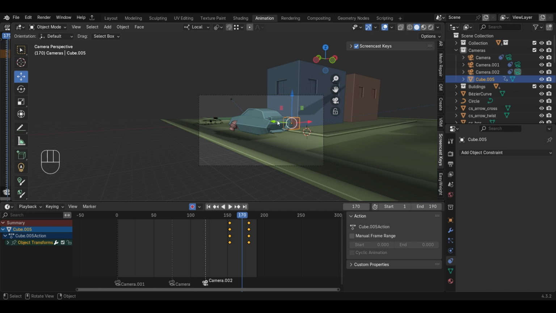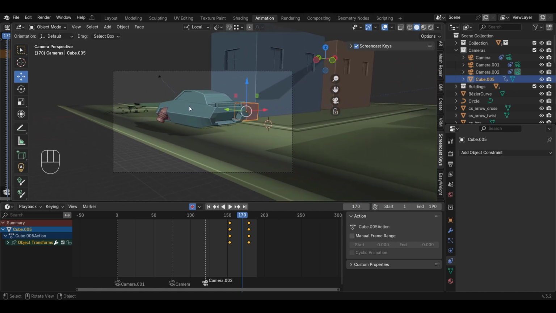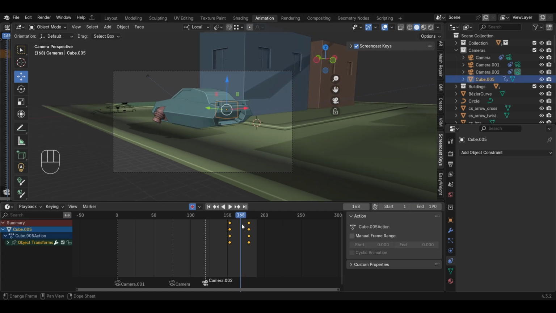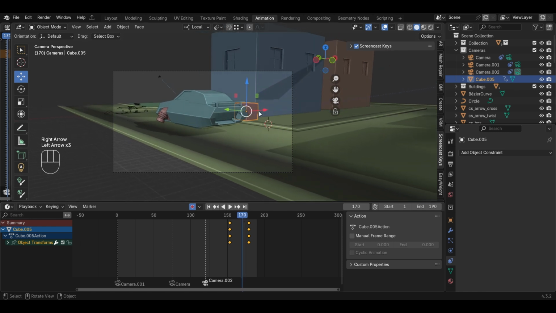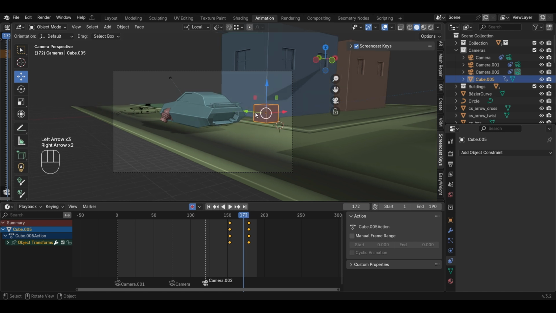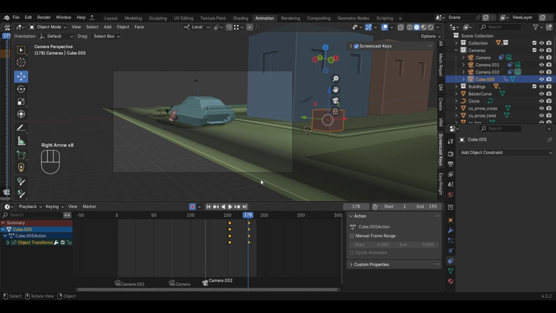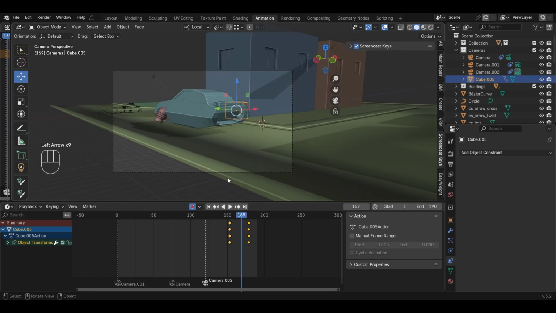At this point I want the current active camera to switch from this car, which has been tracking, to this guy. How will I do that? Just before the frame where I want the switch, I'll move my playhead using the left and right direction. You can see I want this one to become the thing that is tracking, to this point. So the way I'll do that is I'll come back here to this frame,